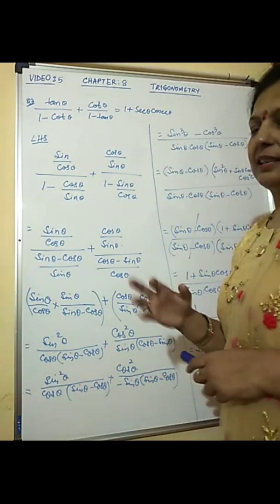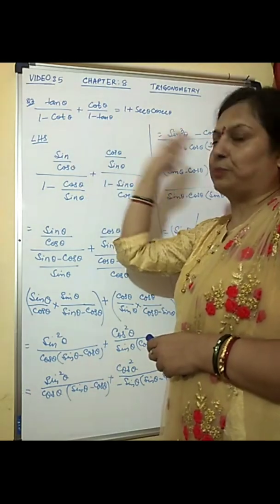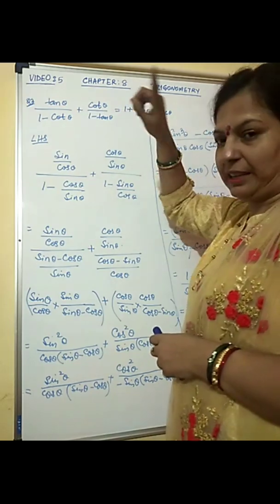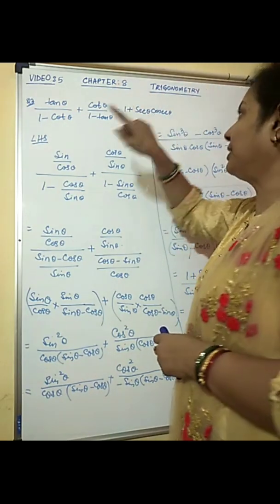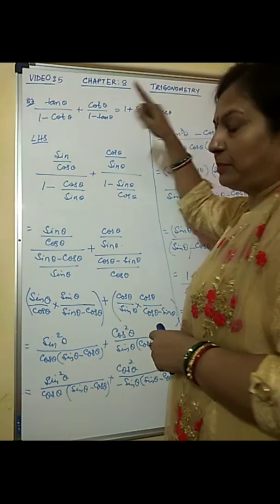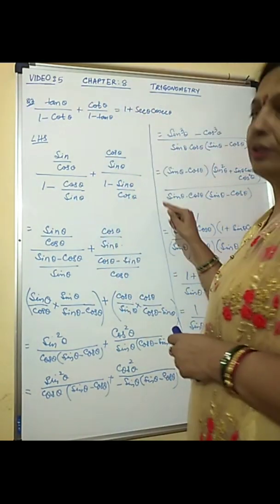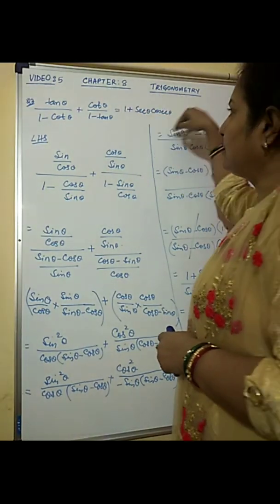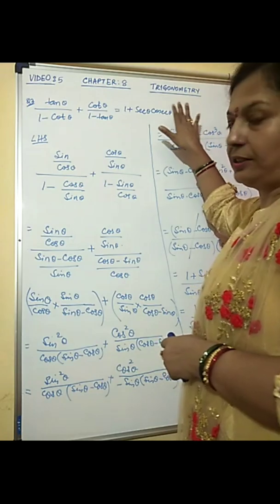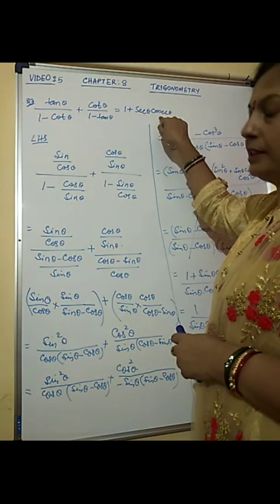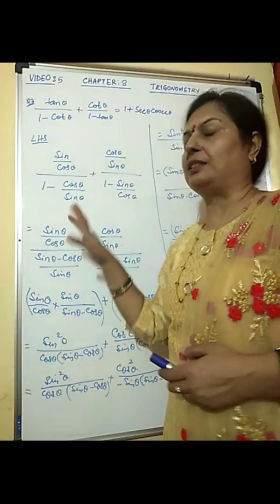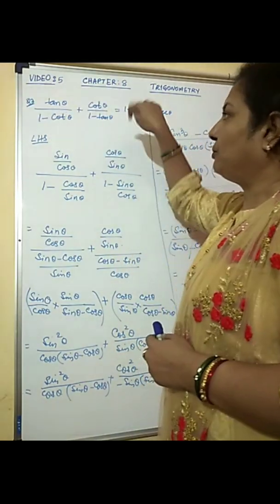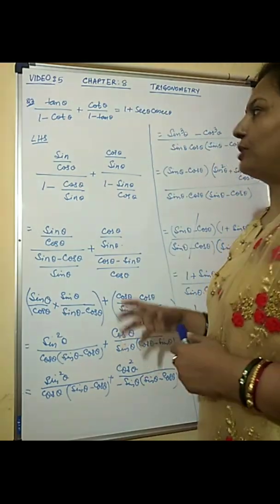Now clearly again, as I said, whatever you see on RHS, you please proceed in the same manner. Now if you see here in the RHS, 1 can be symbolical of sin squared theta plus cos squared theta. Sec theta cosec theta can be symbolical of 1 by sin theta into cos theta. This is the reciprocal of cos, this is the reciprocal of sin. So that means we want the solution in terms of sin theta and cos theta, because sin theta and cos theta are in the denominator.